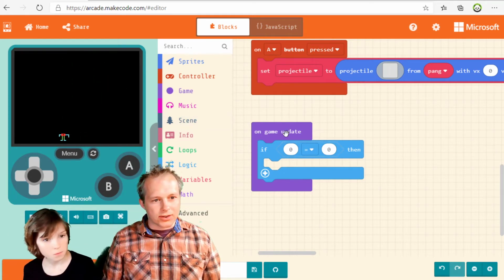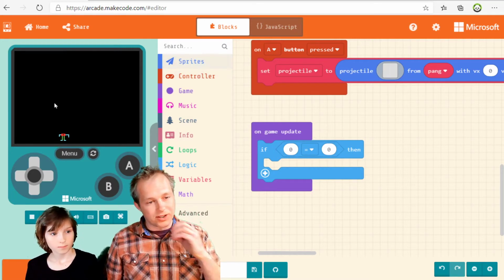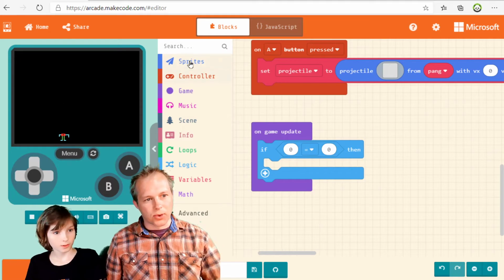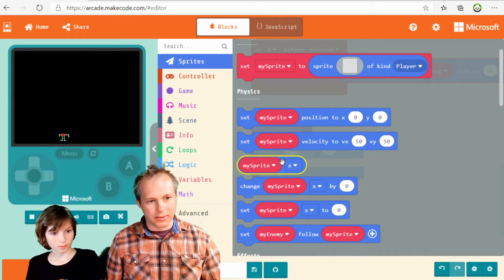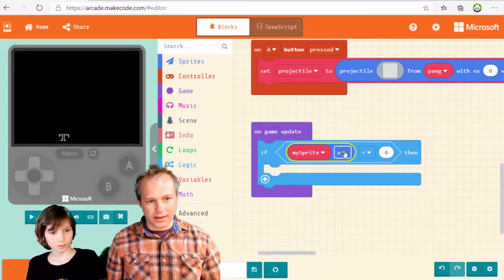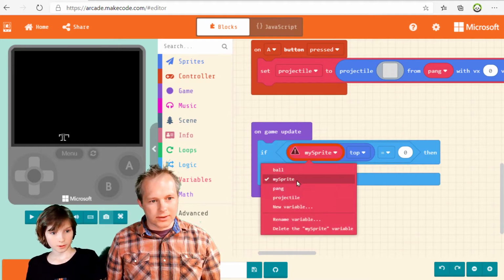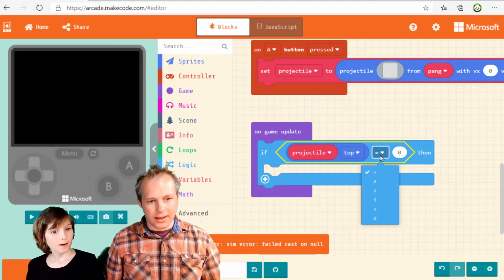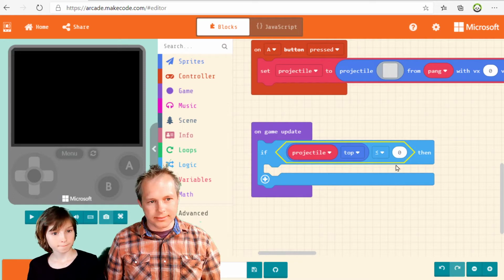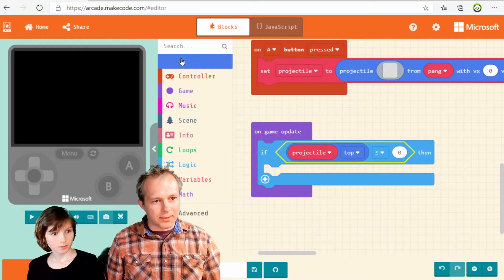So we're going to test, first of all, how do we know that it's at the top? Test the top coordinate of our projectile, by getting top instead of x. If the top of the projectile is less than or equal to screen height...